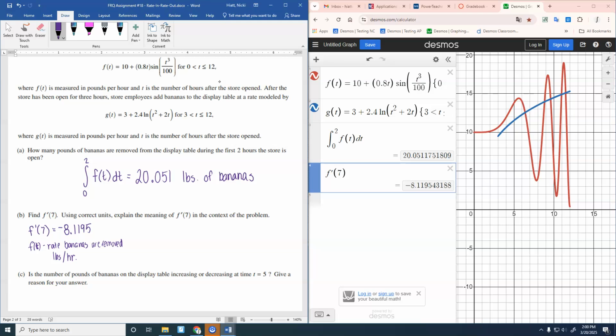So anytime you're explaining this, first of all, if it's at a point, you want to say at time t equals 7. You have to put that because this is not just in general. This is at the specific time. So at time t equals 7, the rate of change of the amount of bananas